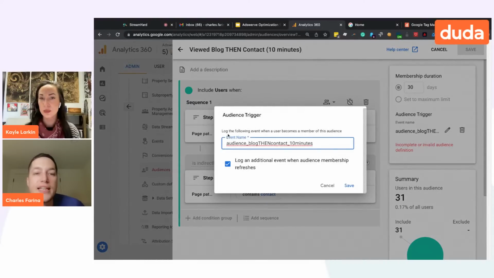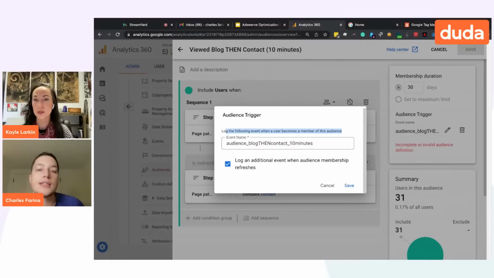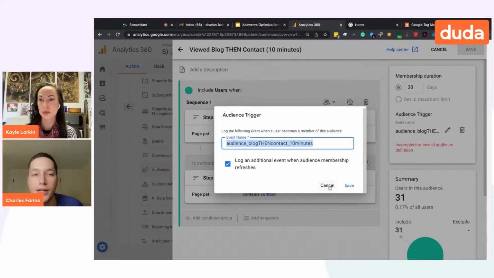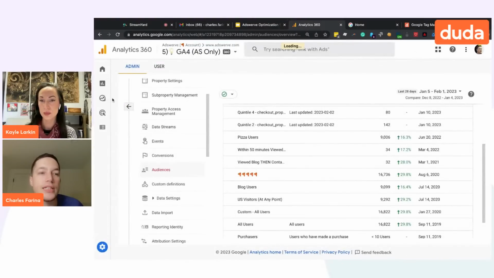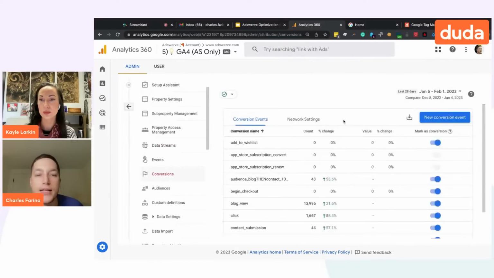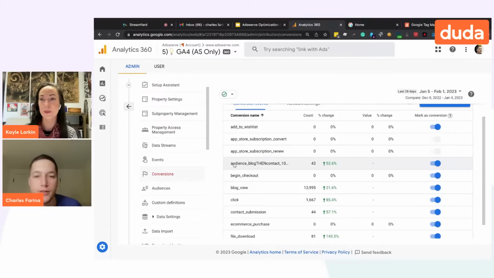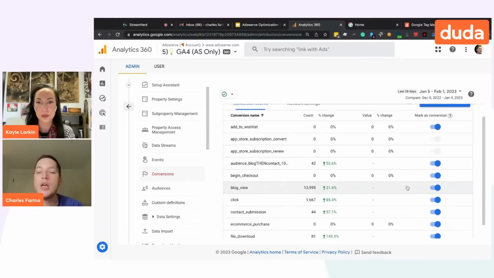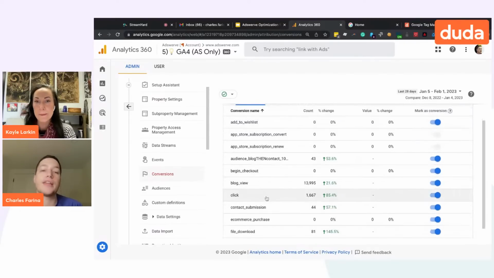What this does is anytime someone meets the conditions of an audience, it actually tracks an event from that audience. And the reason that's important is because if I go back to that conversion section, I can actually select that audience event and mark that as a conversion, which is what I've done here. So if your website has like a thank you page or a specific URL you want to mark as a conversion, you'd use the audiences and the audience triggers to set up your custom conversions. So this is how you set up basic conversions using event names. And then the audiences and the audience triggers are how you would set up advanced conversions.